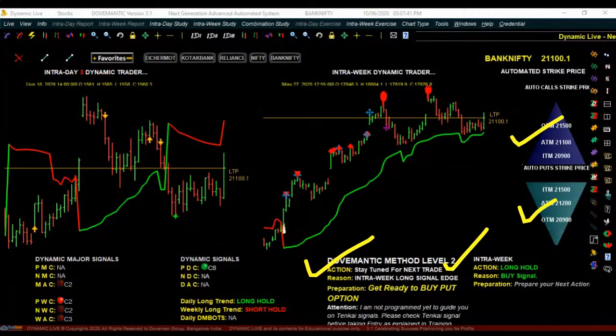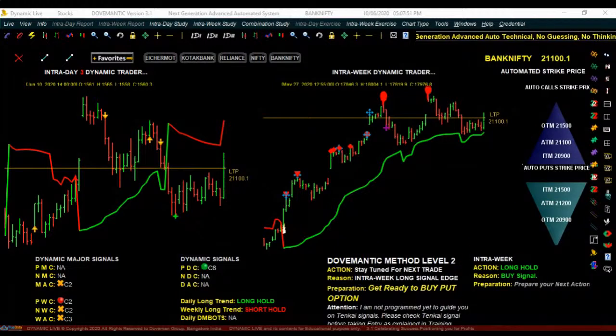Until then, just hold it. Don't panic anywhere. Just hold on to it. Nothing will happen. You will definitely end up with profits when you follow it mechanically. But then in this process, there is one additional thing that you have to do, and that is you can